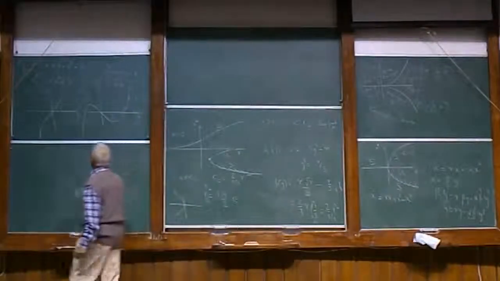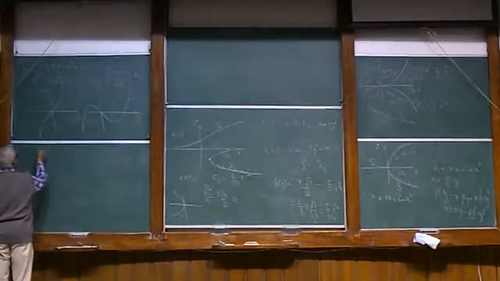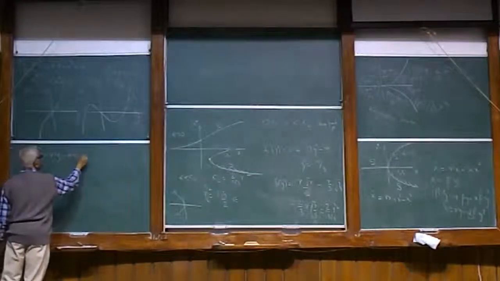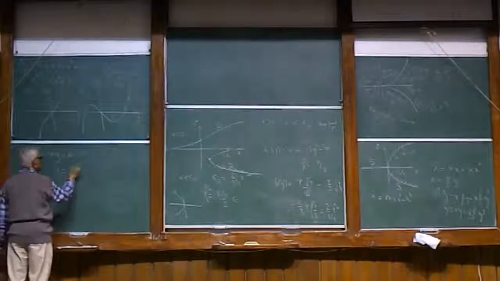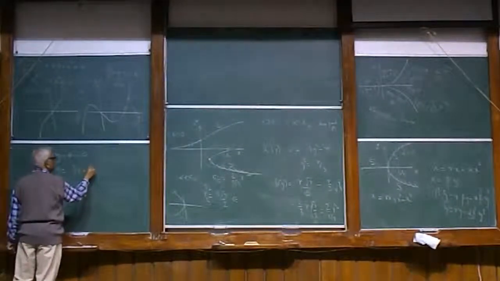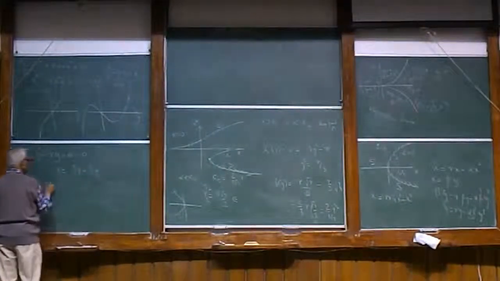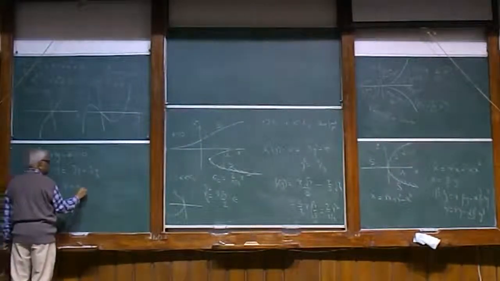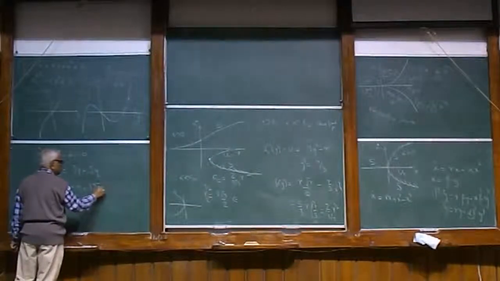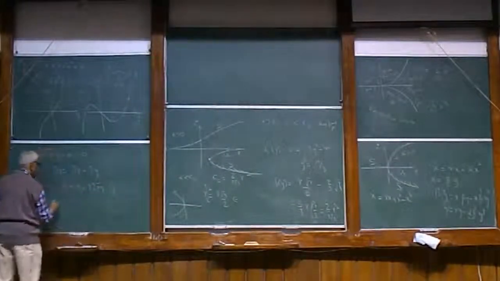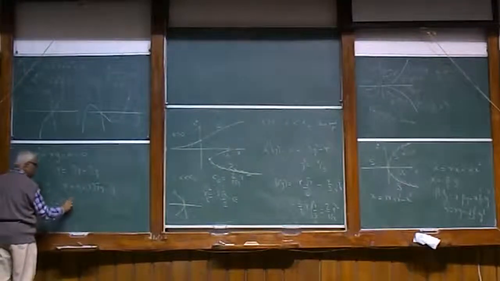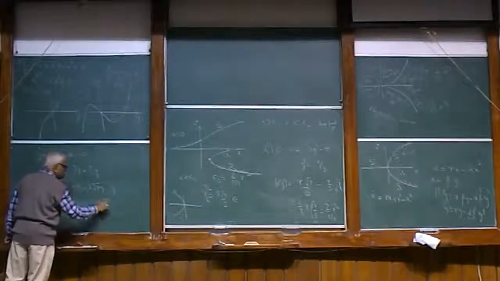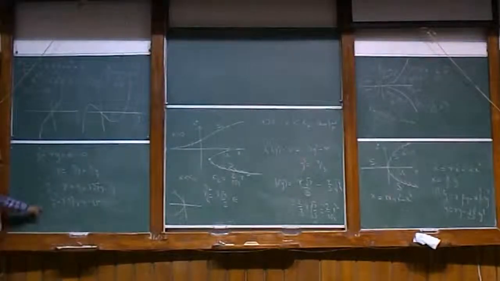If I just did y cubed minus r y minus epsilon equal to 0, write y equal to cube root of p plus cube root of q, then y cubed is equal to p plus q plus 3 cube root of pq times y. So y cubed minus 3 cube root of pq y minus (p plus q) equal to 0,